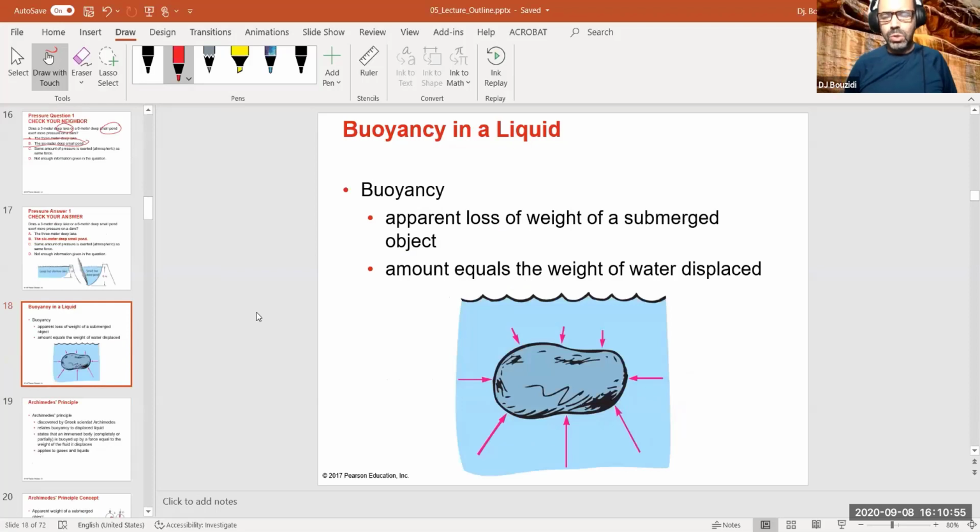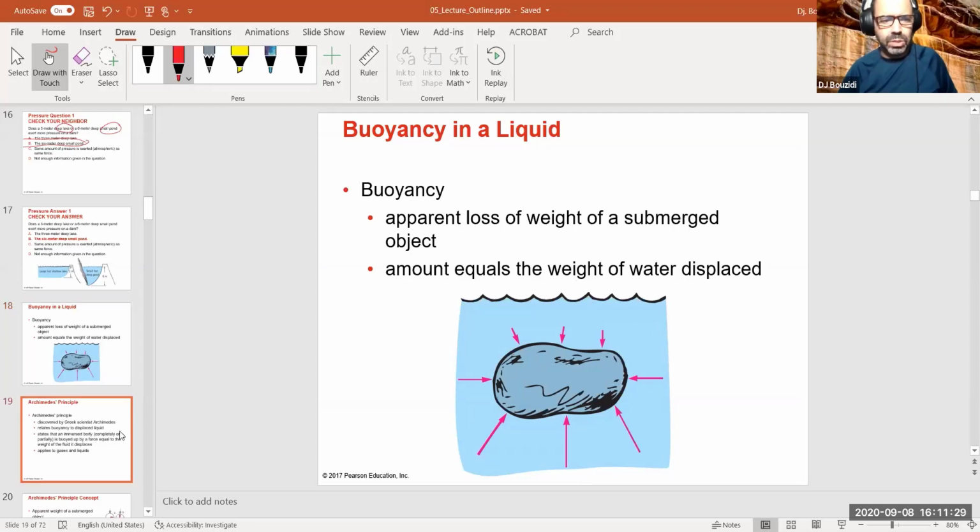Okay, so this brings us to buoyancy, which is another concept in here. And that is the apparent loss of weight of submerged objects. Basically, you put an object in the liquid, and the object feels lighter. As a matter of fact, you weigh it, and it's going to weigh less than its own weight while it's not in the fluid itself. And the force that is exerted by the fluid on the object is equal to the displaced fluid.